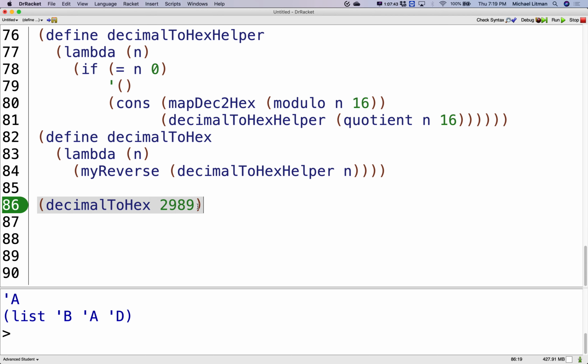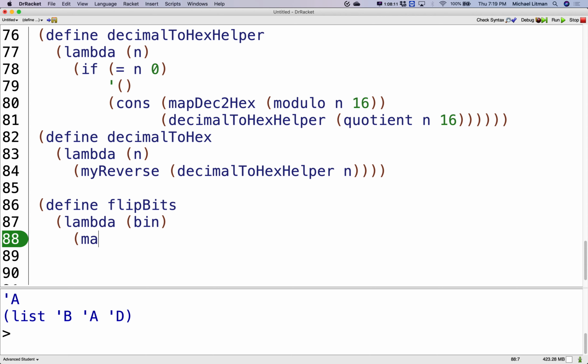So we're going to have a function called flip bits. All right. So we'll say define flip bits. This guy will be a lambda that takes a binary number, a list of binary values, as a parameter. And what I'll do